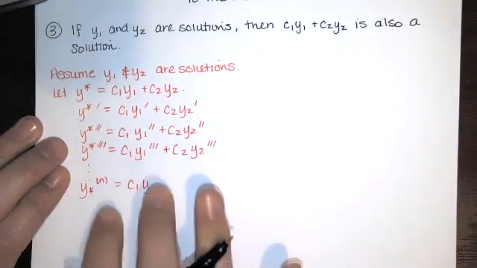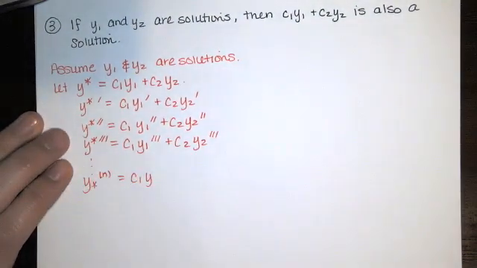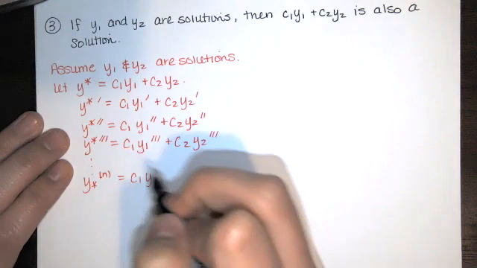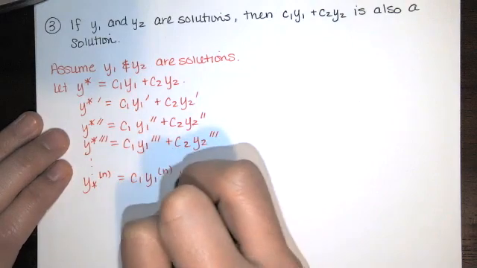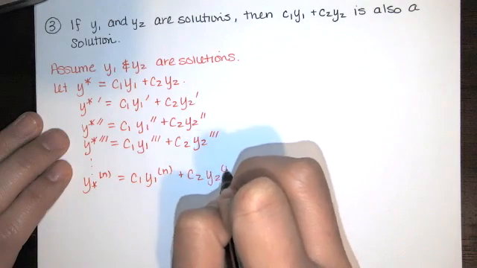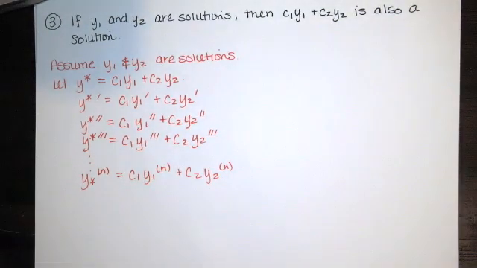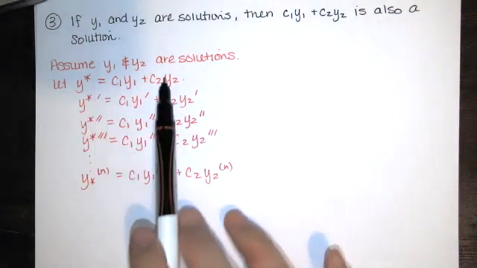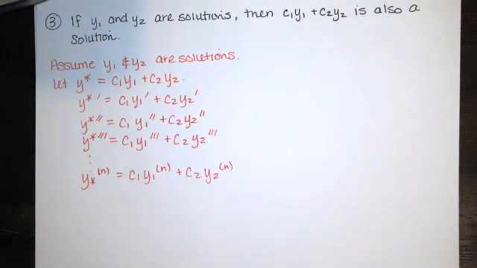I'm just using this prime notation rather than Leibniz notation to save a little bit of time. But this is because of what we learned in Calc 1. If you have the derivative of a constant times a function plus a constant times a different function, you just do this. So if we're letting y equal this, and these are all the derivatives, and then we substitute into